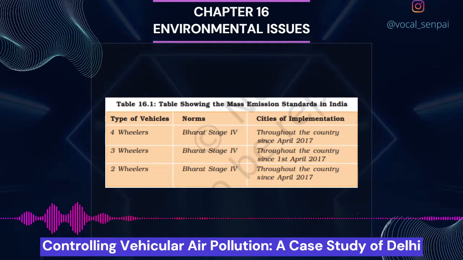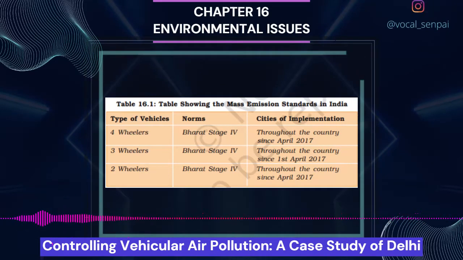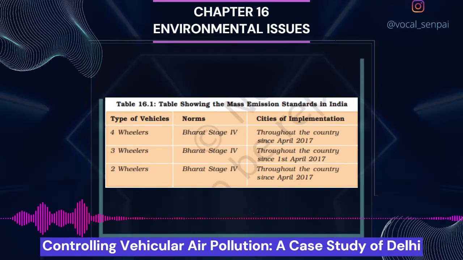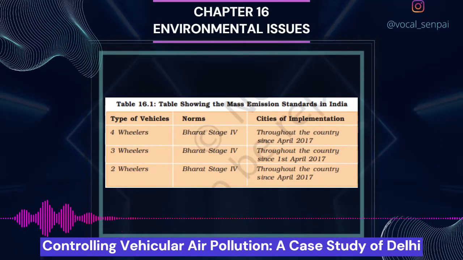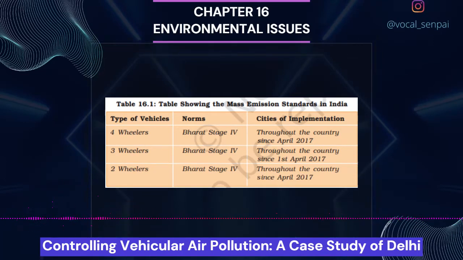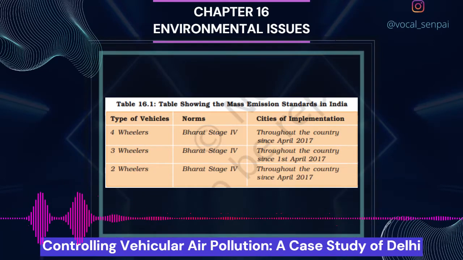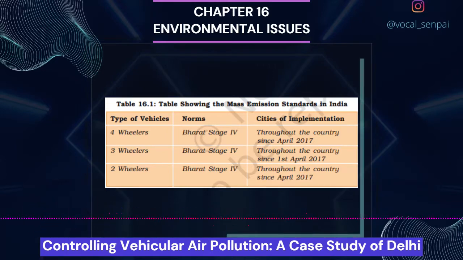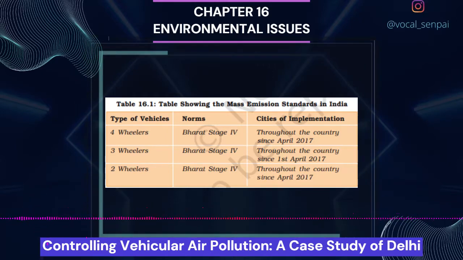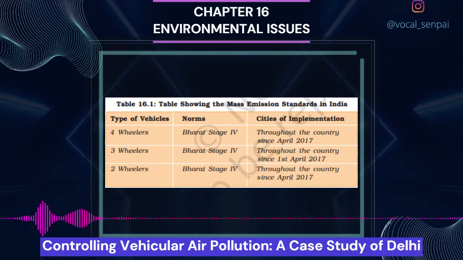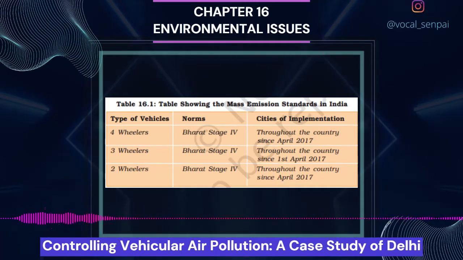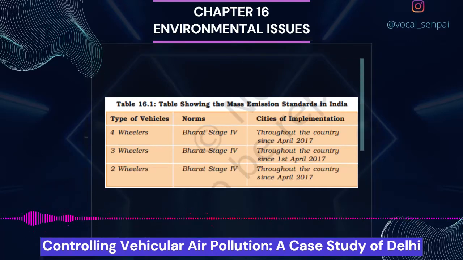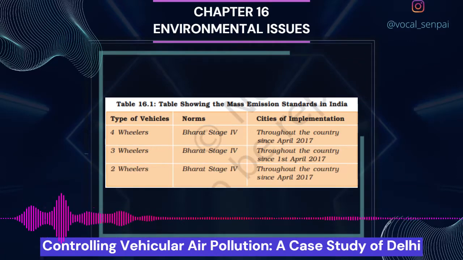Simultaneously, parallel steps taken in Delhi for reducing vehicular pollution include phasing out of old vehicles, use of unleaded petrol, use of low-sulfur petrol and diesel, use of catalytic converters in vehicles, application of stringent pollution level norms for vehicles, etc. The Government of India, through a new auto fuel policy, has laid out a roadmap to cut down vehicular pollution in Indian cities. More stringent norms for fuels means steadily reducing the sulfur and aromatic content in petrol and